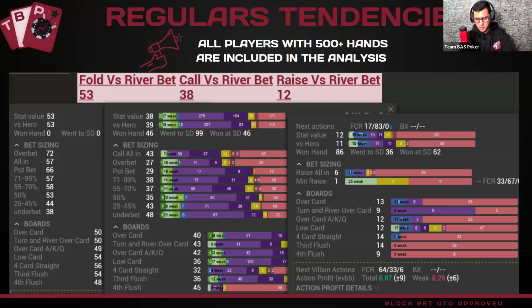When you start doing something else, knowing that the population is overfolding or not overbluffing, this is where you hurt your win rates, and this is the very bad part of the scenario. And this is where a lot of players are losing a lot of